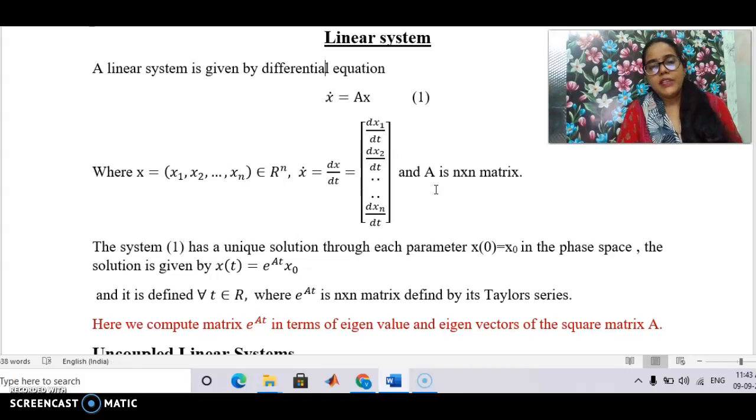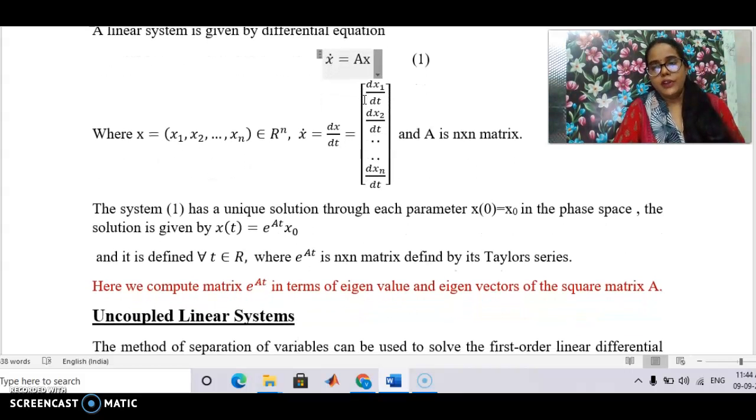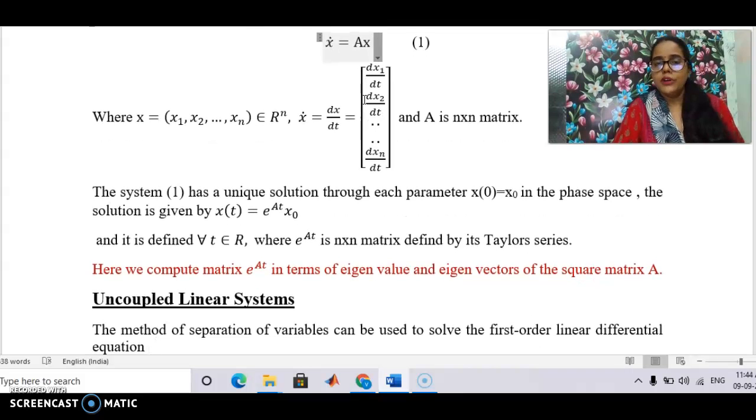Linearity means the right hand side of the equation has no power of x or multiple of x, no sine term, no exponential term, no logarithm term contained in the equation. Then the equation is linear. Otherwise, it is said to be a non-linear equation. Here, first we study the linear system, so in the right hand side of the equation there is no power of x.